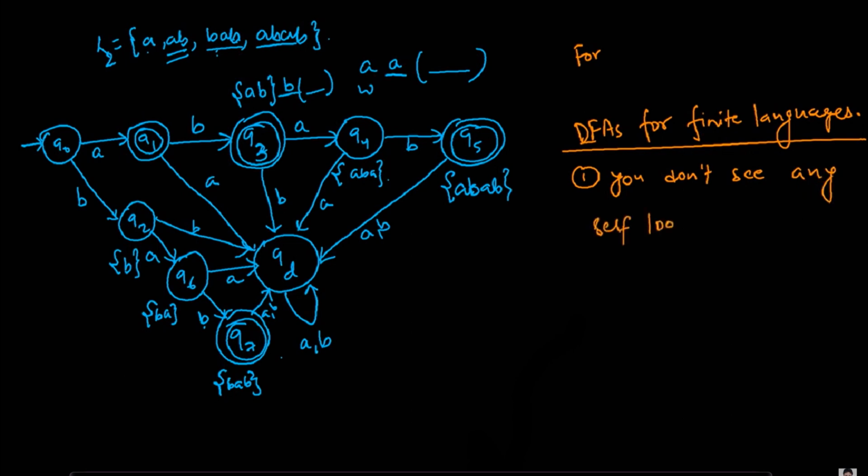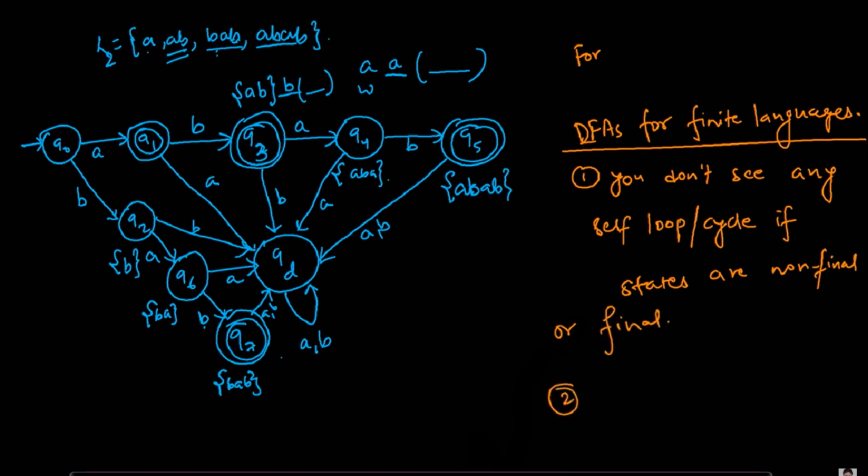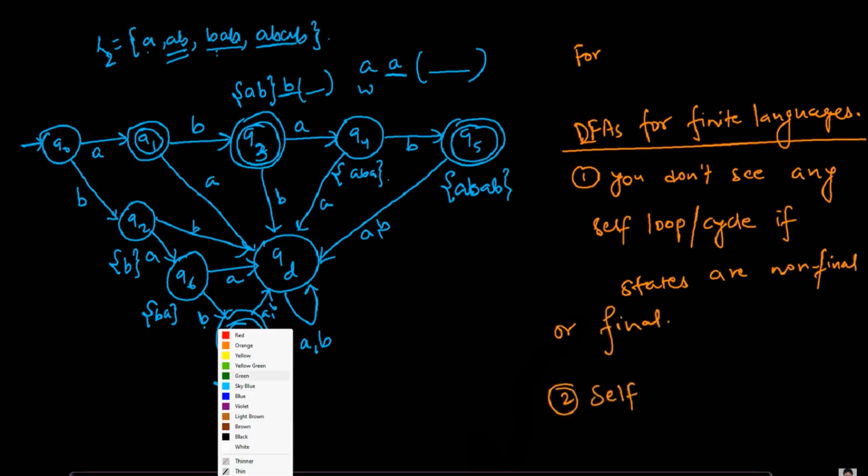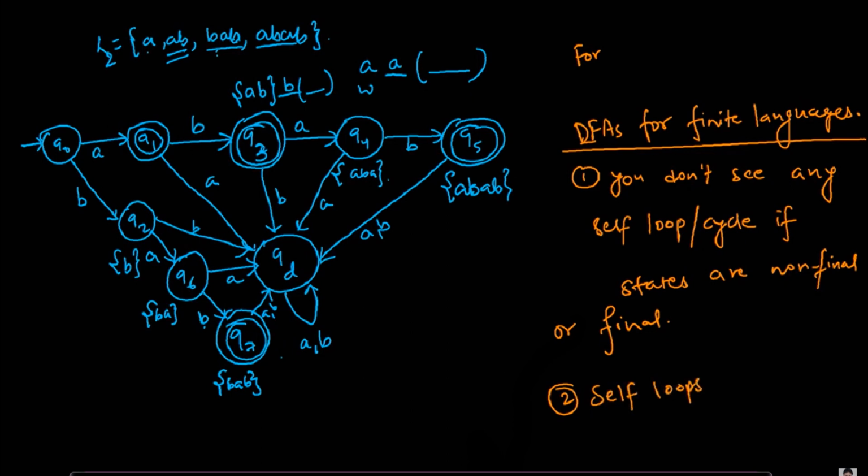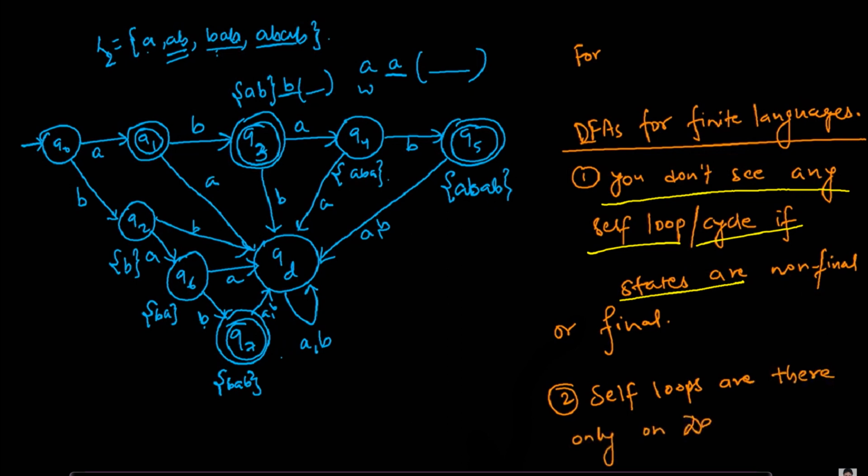So does that hold after reading about unreachable states? Is it technically possible? The reason you don't see any self loop or cycle of states, whether non-final or final,